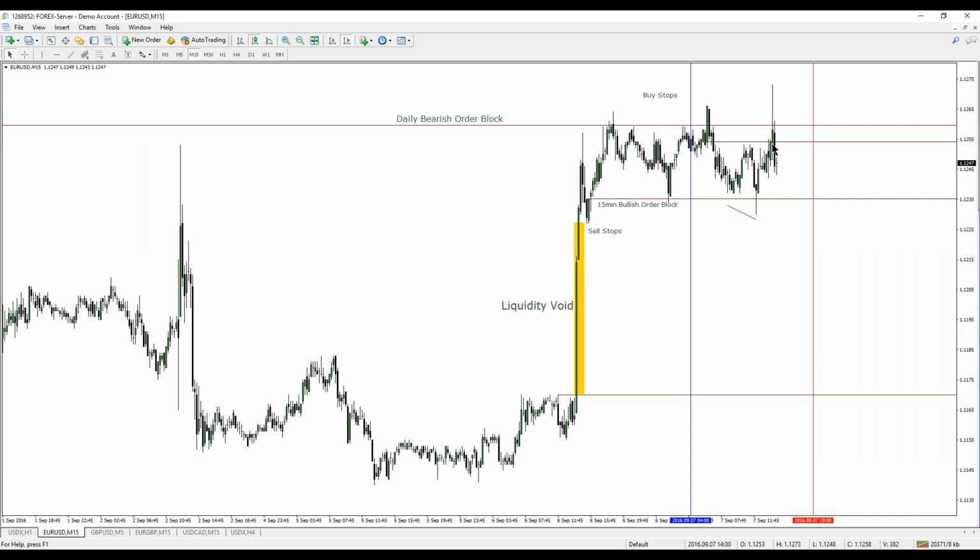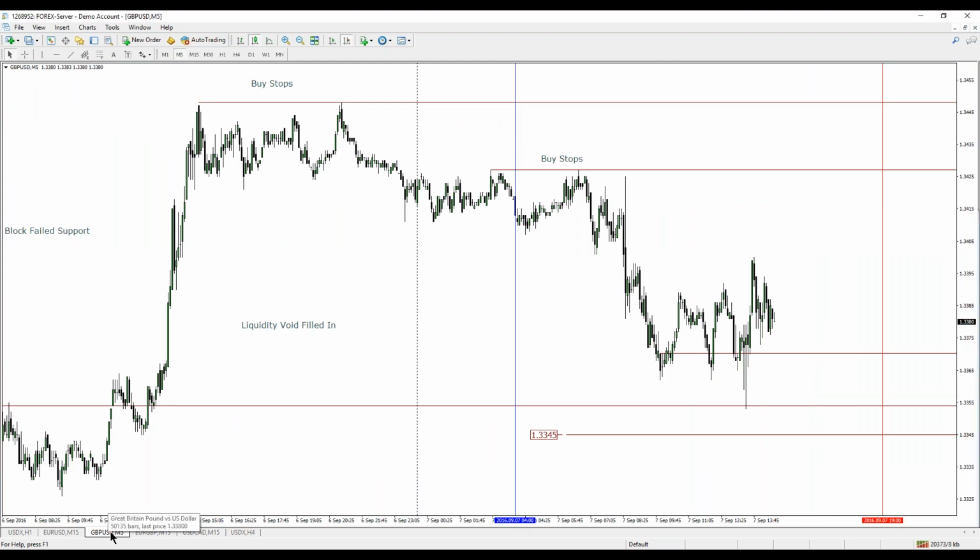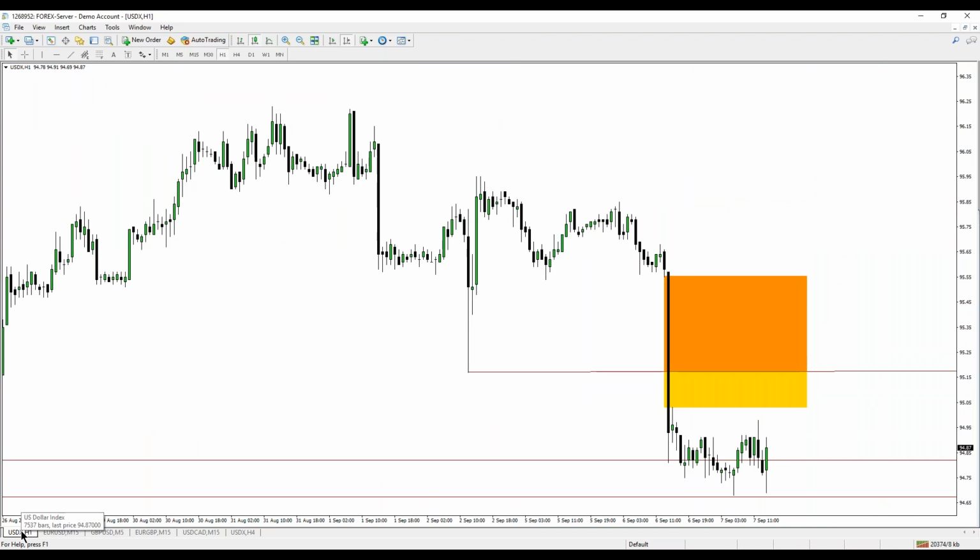Yep, there you go. We did not run through on euro dollar like we were looking for. Consolidation still on that, and dollar is still in the doldrums. So we see.